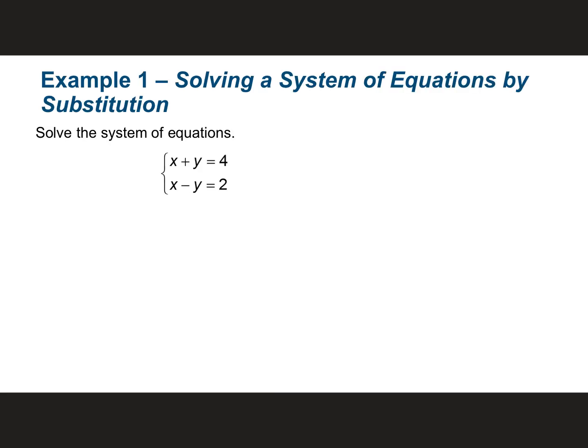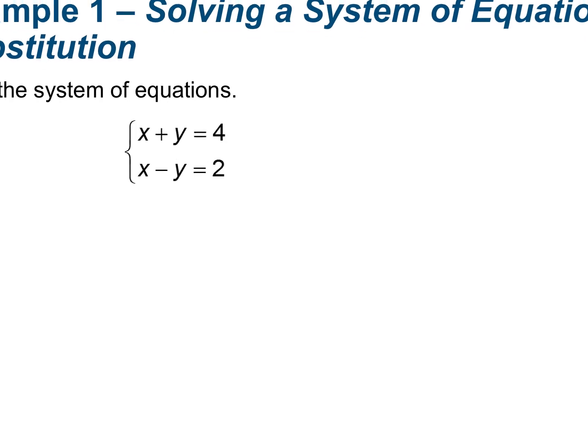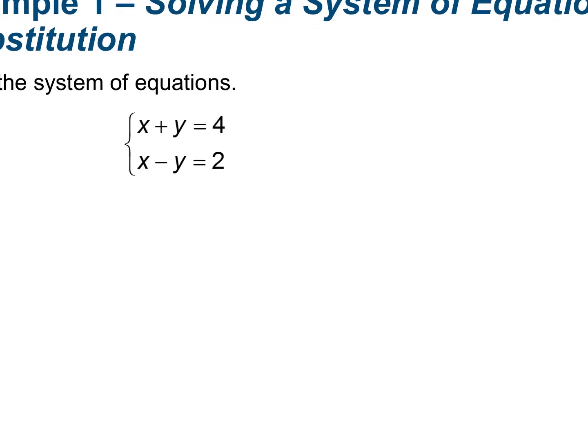So if we look at our first example, you're solving the system x plus y is equal to 4 and x minus y is equal to 2 using substitution. So we're going to take the bottom equation, start with that one. So that's x minus y is equal to 2. And I'm going to solve that for x. So I'm going to move that y over and add it to both sides to get that x is equal